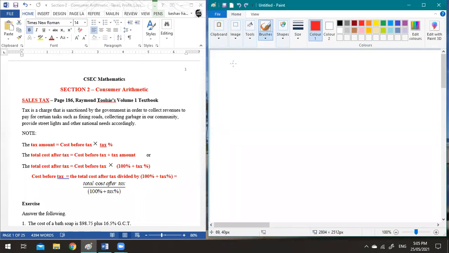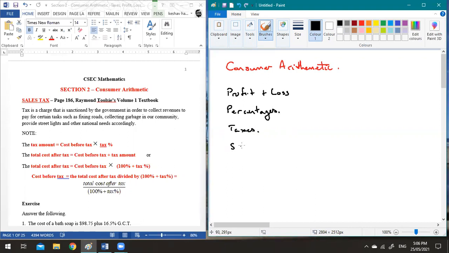So we start in consumer arithmetic. Right, this is to deal with money. So you'll be doing things like profit and loss, percentages, taxes, simple interest, compound interest,